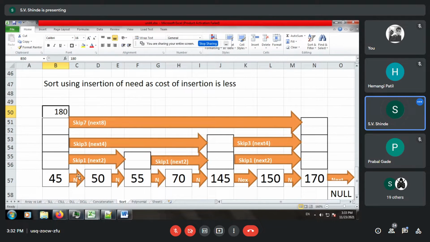Whether you choose skip 0, that is next pointer 1, or next pointer 2, or you will use next pointer 4, or you will use next pointer 8. Which pointer you will use for faster searching of the contents, that is 180? Yes participants, which pointer you will choose?